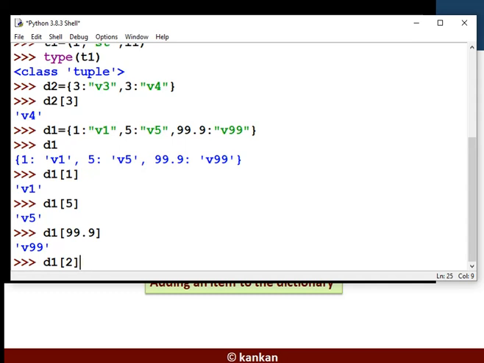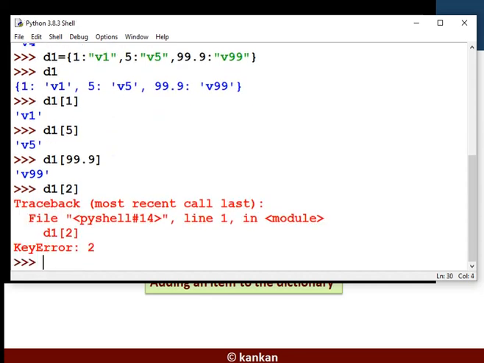As this is unknown, here we will see the key error for the unknown key 2, because it does not exist. Mind that this key error is generated by the Python compiler itself. Okay, so it is clear.